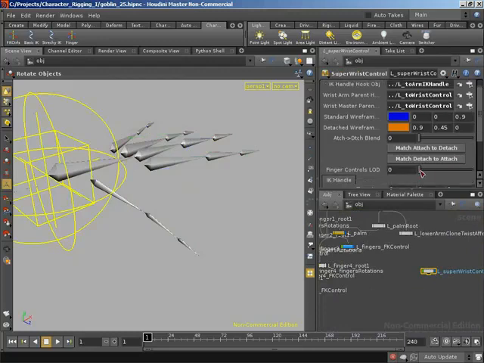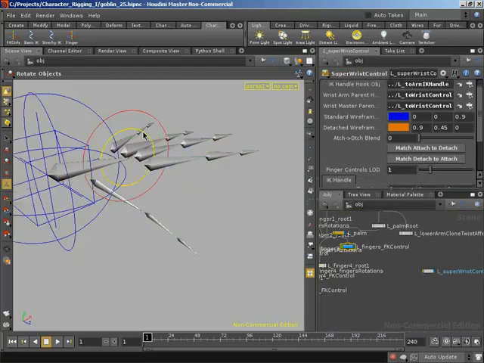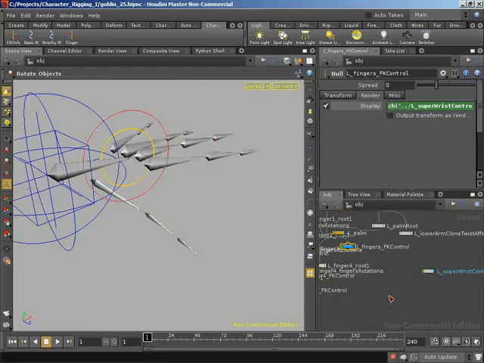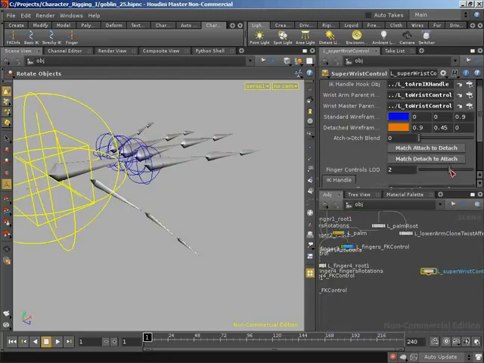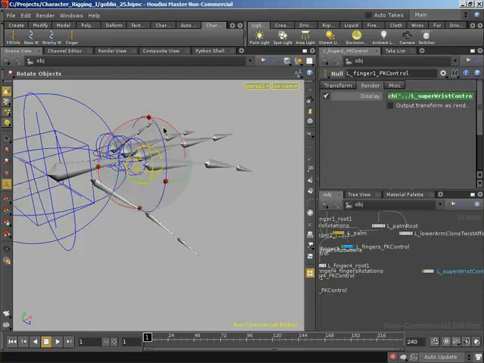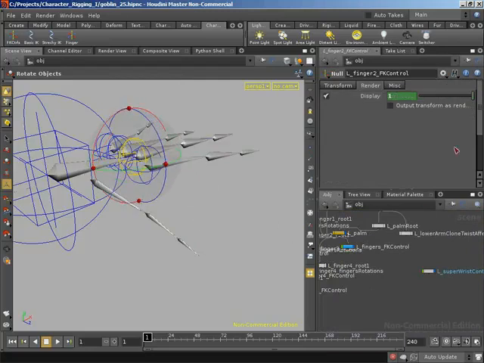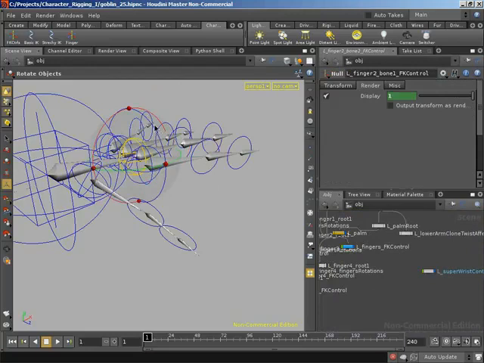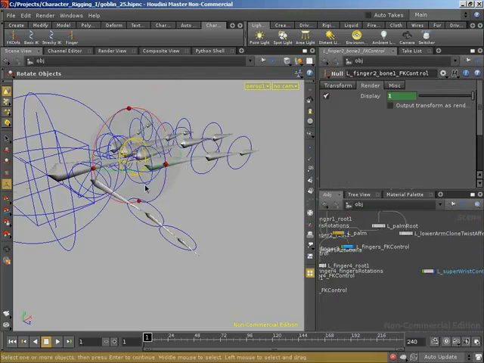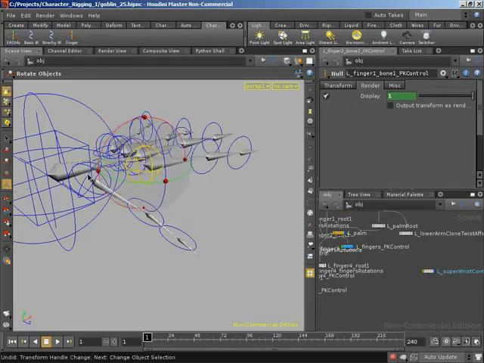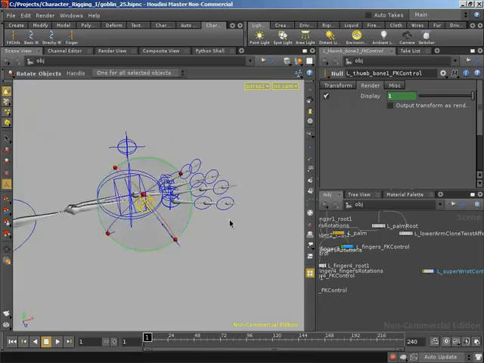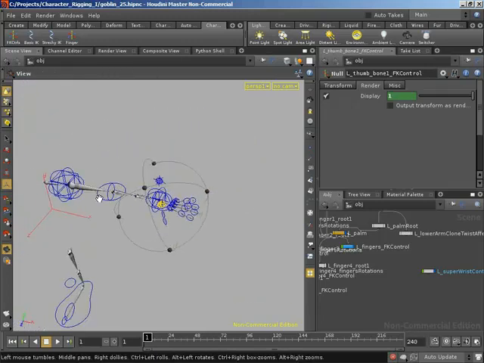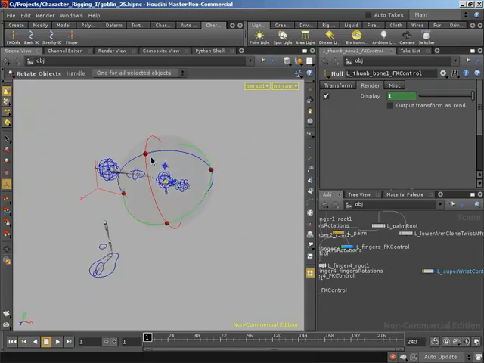But as we increase this to a value of 1, we get that control which deals with rotating the hand as a whole. If we were to have that at a value of 2, we're going to get controls that rotate on a finger by finger basis. And then if we set that to 3, we're going to get controls that deal with the lowest level of control, the finest level of control, just for dealing with FK rotations on each of the bones. So we now have the ability to specify what level of detail we are interested in seeing. And with that, that's going to wrap up the setup of all of the controls on the left hand side